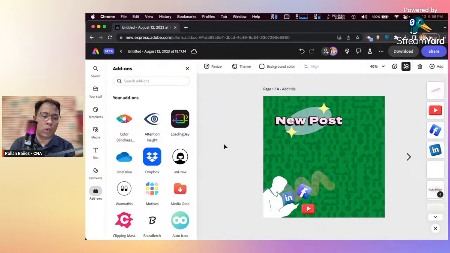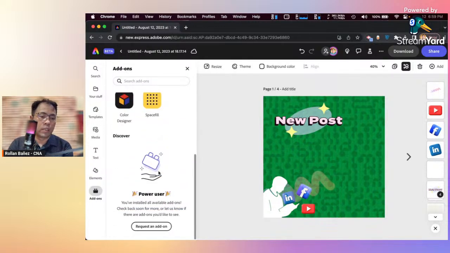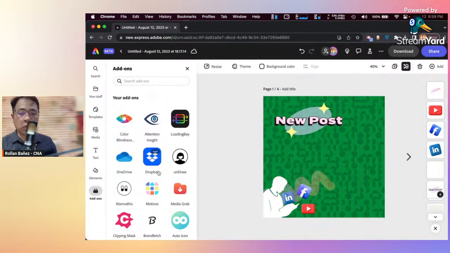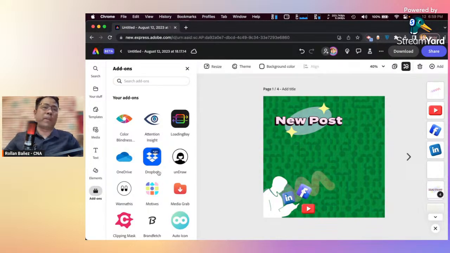And that is all of the available add-ons that you can take advantage of inside of Adobe Express as of the moment. I hope we can see more add-ons going in the future.